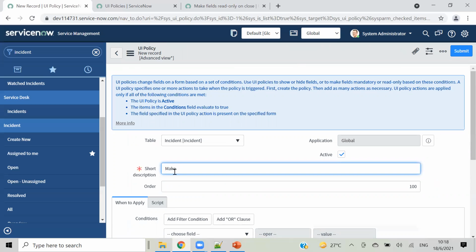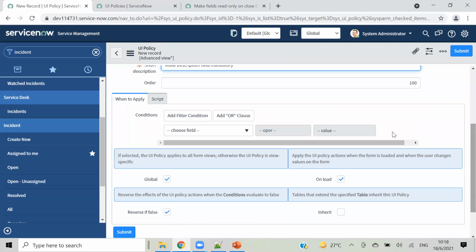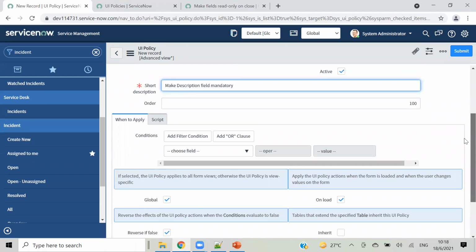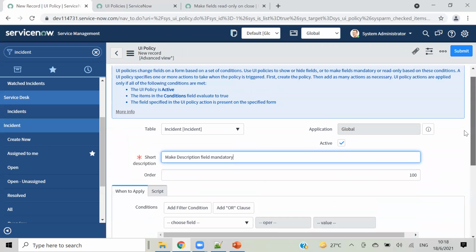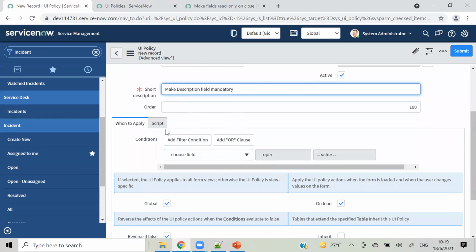Make description field mandatory. So when I have opened a new UI policy and you can see advanced view, it will have some more options. So what are those more options?